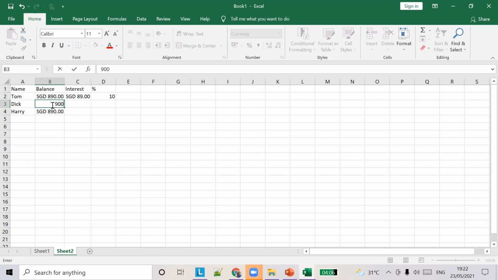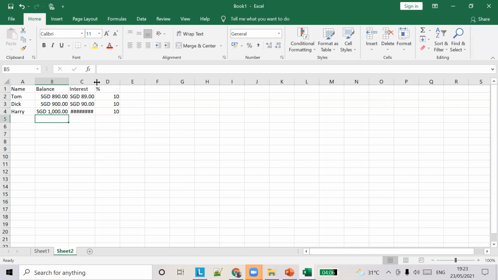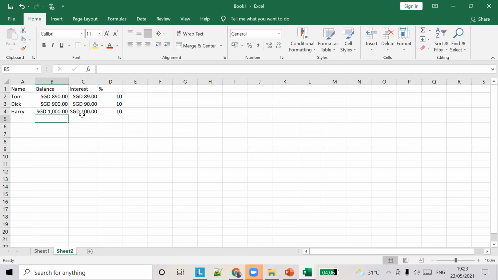If you have $900 and it's 10% on this, it's 90. If you have $1,000, it's $100. This is how you calculate the percentage.